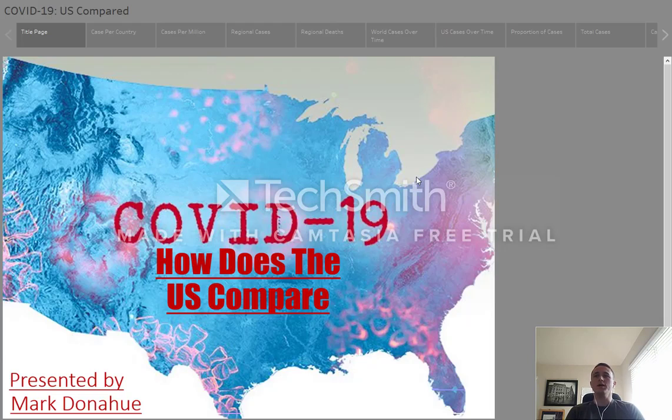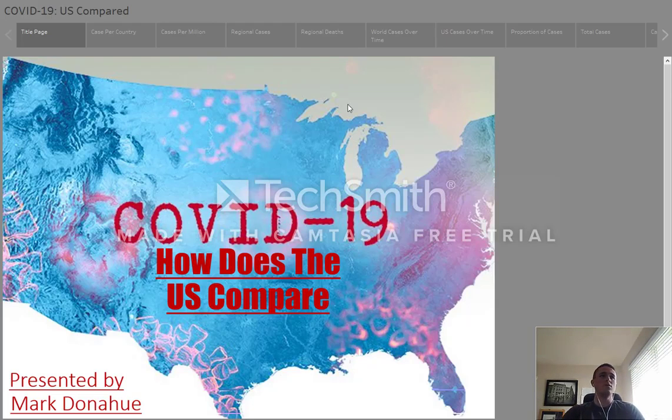Outside of just being numbers that can be referenced, what do these numbers actually mean? Is the U.S. worse off than any other country in the world? How do we properly compare the numbers from the United States to the numbers of other countries? Are the numbers reported from other countries even accurate? Let's see what the data has to tell us as we analyze it in the hopes to answer these questions.